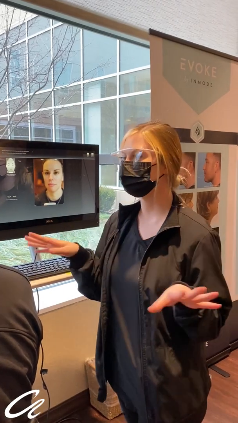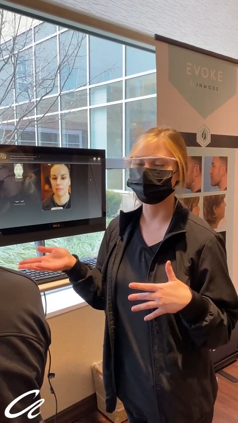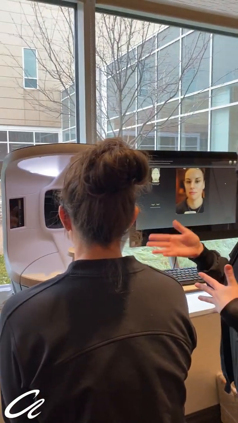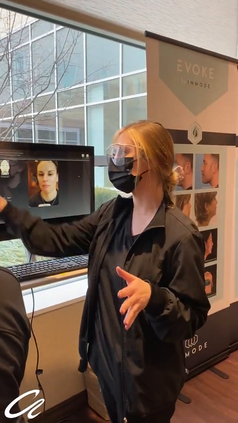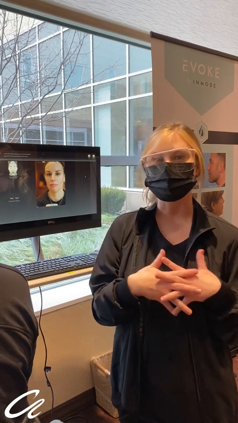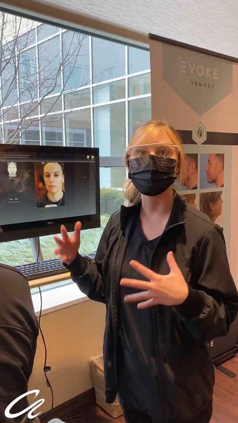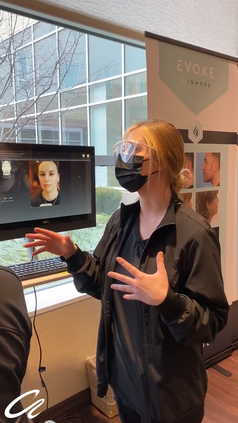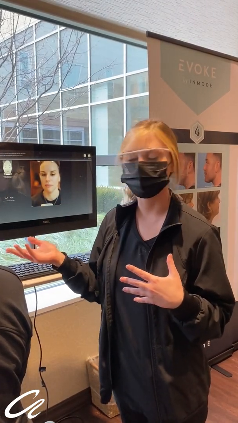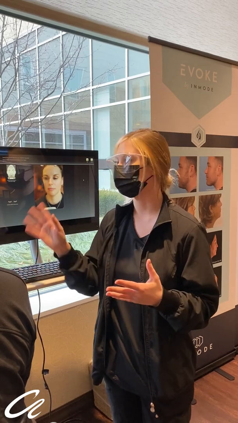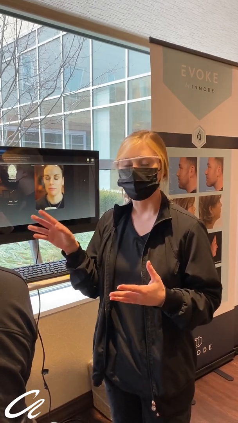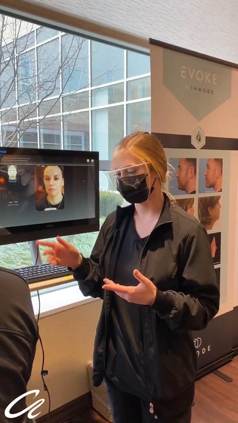Hello guys, we're doing a Visia skin analysis today with Ashley. So what this is going to do is this Visia machine will be taking 3D pictures of her skin and allowing us to kind of pinpoint where her main concerns are and how we can achieve better results for her skin. So what this does is it will take 3 pictures of her skin, analyze it down, give us percentages